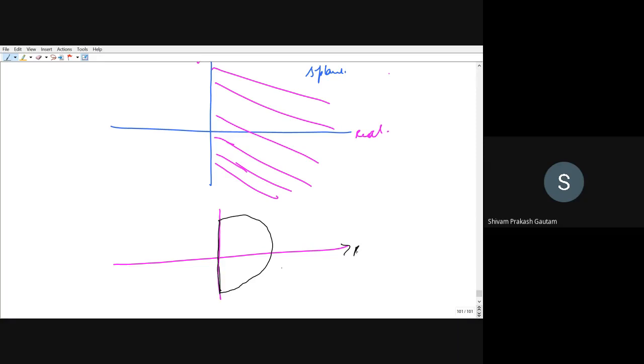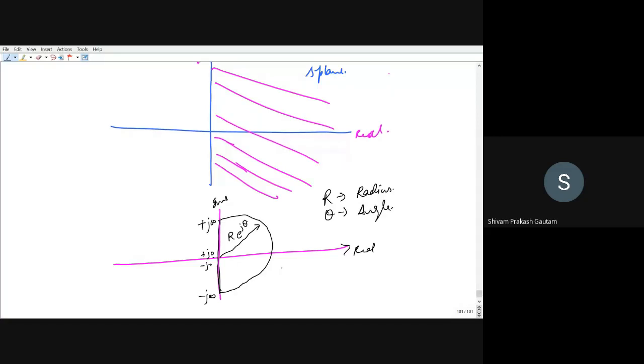Let us suppose this is the real axis, this is the imaginary axis. This is plus j infinity, that is, frequency is infinity. Let us suppose this is plus j0, which is very close to 0. This is minus j0, because you can see it is downward. This is minus j infinity, so this is infinite frequency. And the radius of this semicircle I can write as r e^(jθ), where r is called the radius, and theta is called the angle.